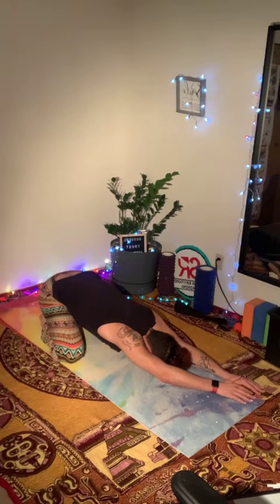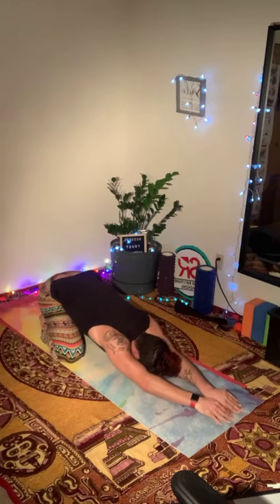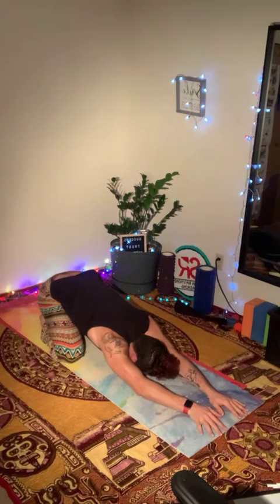Try and keep your shoulder blades kissing in the middle, right at your spine, and your forehead down on your mat. You've got one more breath here. With your exhale, softening, and then bringing your hands back to center. Taking a nice deep inhale,